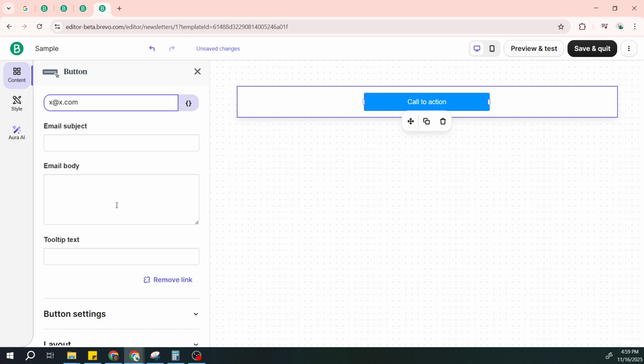Now, before you exit, remember to save your work. Click on Save and Quit to ensure all your changes are saved. That's it. Your Brevo email now includes an interactive link that turns your static content into a dynamic, engaging experience for your